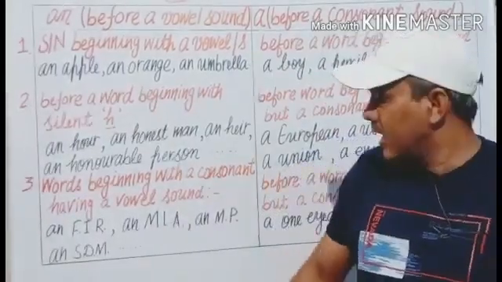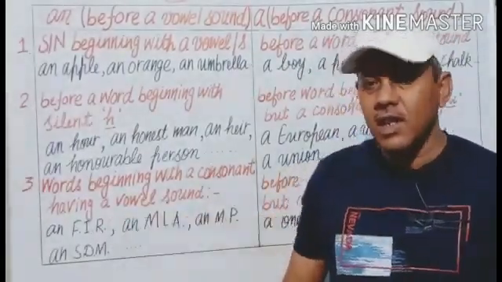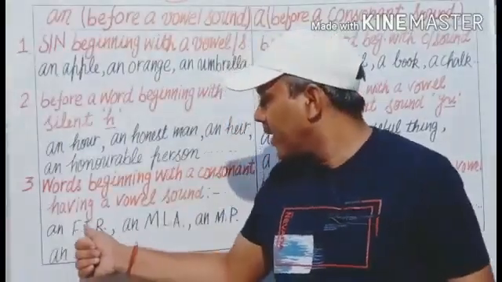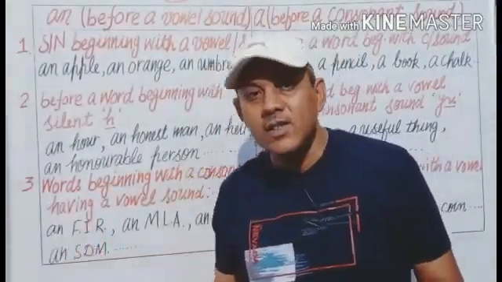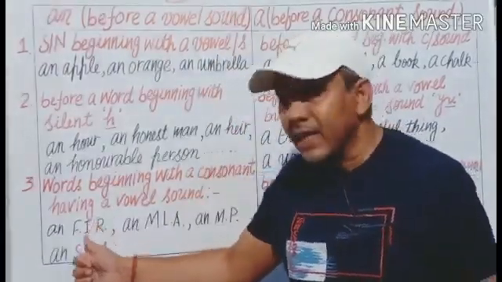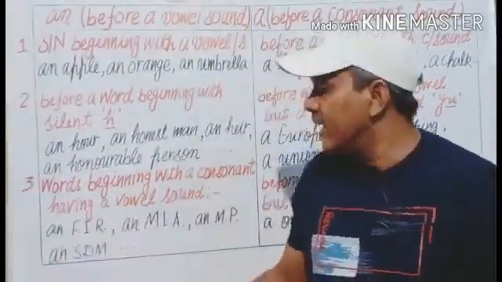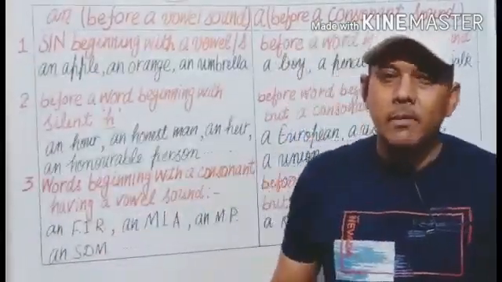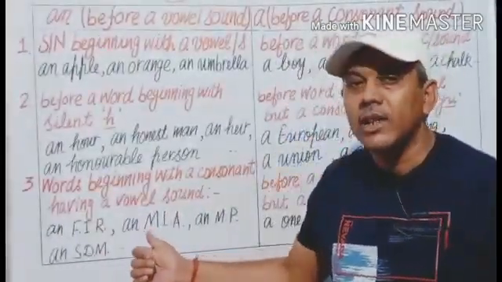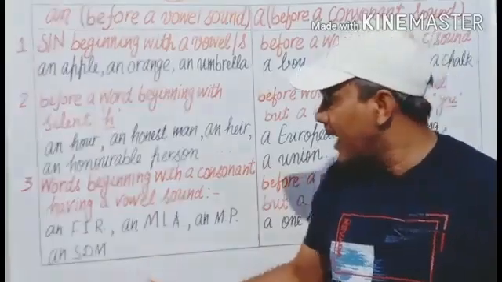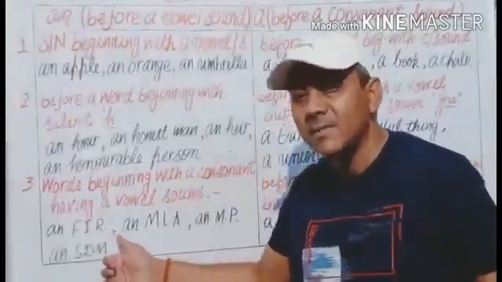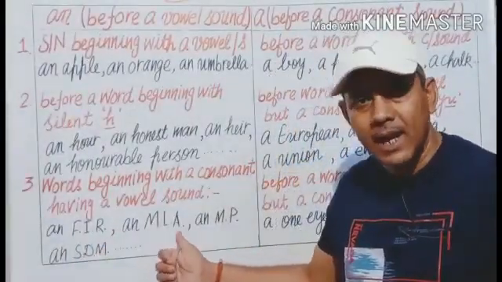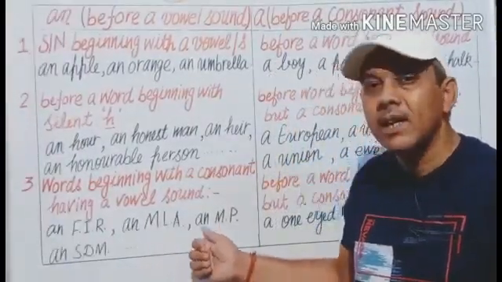For example, in some abbreviations, the first letter is usually a consonant, but when we pronounce it, it produces a vowel sound at the beginning of the word. For example, FIR, MLA, MP,